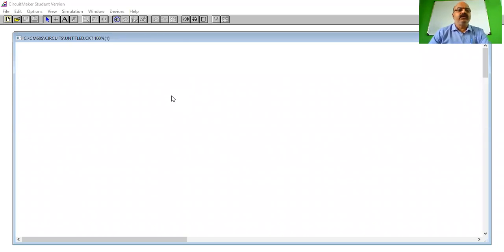So this software which I have opened, or software tool you can say, is a circuit maker tool. In the circuit maker, you can draw any electronic circuits, and we can test that circuit. So it is nothing but a simulator software, simulation software. Simulation means without actually going to the laboratories, we can test our circuit on the computer itself using this software. So it is called as the simulator.